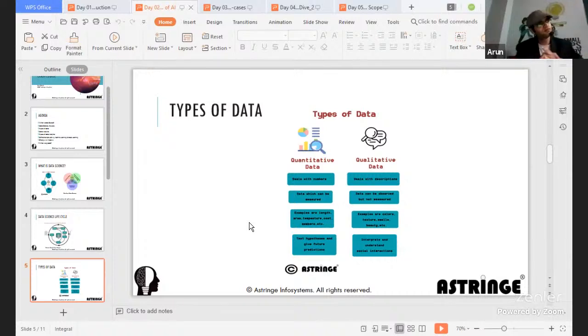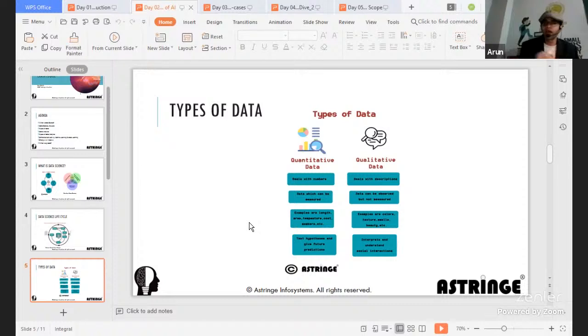In the case of your height, weight, or temperature, these are some types of measurements where you can actually quantify even further. Correct? You can say it's 27.5 degrees Celsius or 35.8 degrees Celsius. That's called continuous data because you can segregate even further. Okay, that's about quantitative data. So now, where do we generally use quantitative data and qualitative data in the real world?